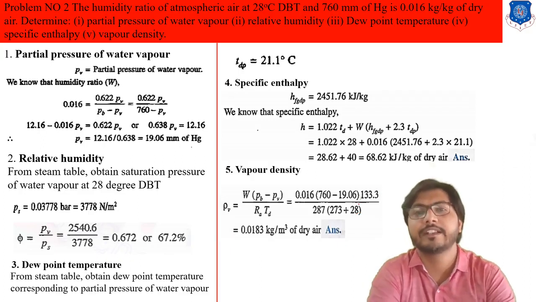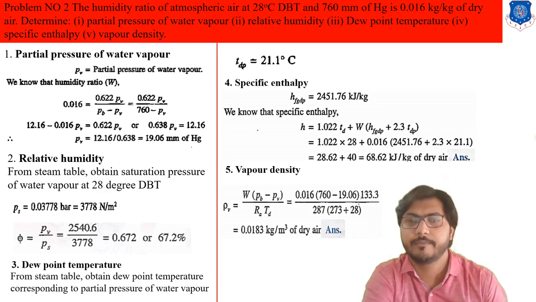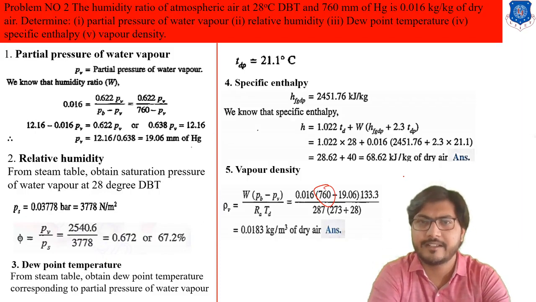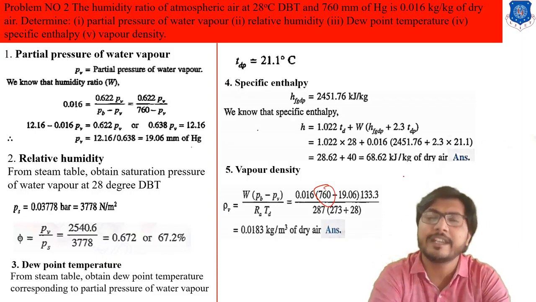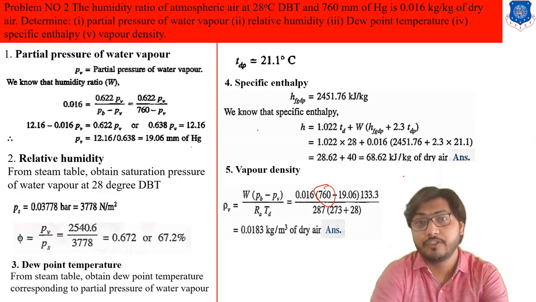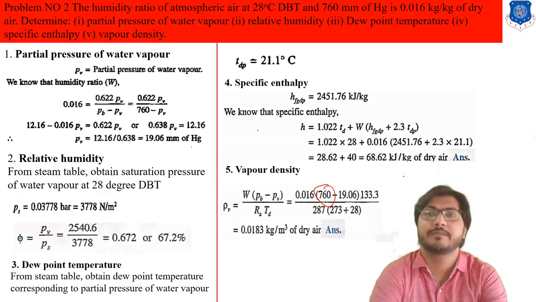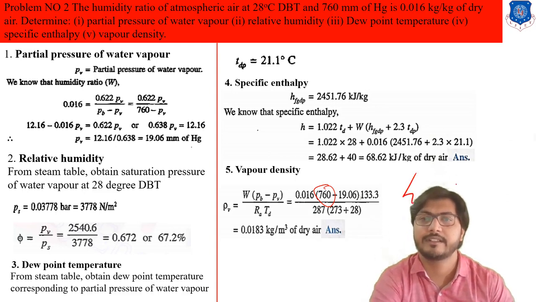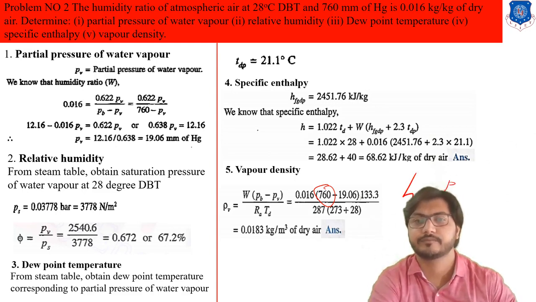If you do not want to calculate in terms of head, you can calculate by pressure also, but you should convert 760 mm of Hg into pressure. Generally, the standard 760 mm of Hg is 1.03 bar. But if the numerical gives 730 mm of Hg, it is not equal to 1.03, it is less. So then we use this formula, H equals P by rho g, to convert into pressure. Clear?